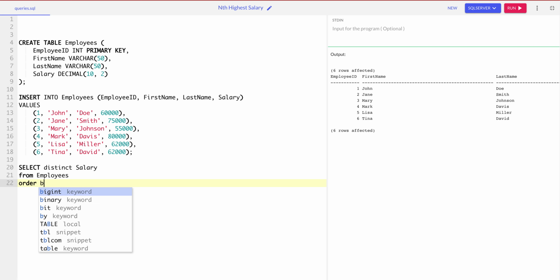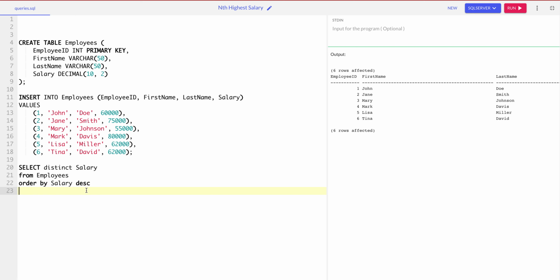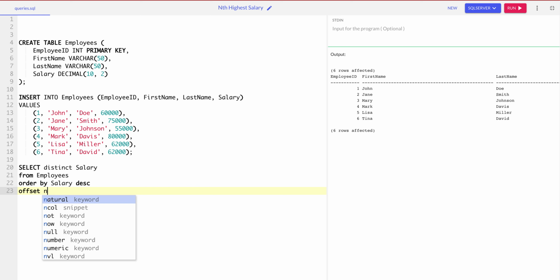Let's order it by salary in descending order. This way the highest salary will come at the top, and then we are going to use the offset function. So offset, this is a general formula which is n minus 1 rows,